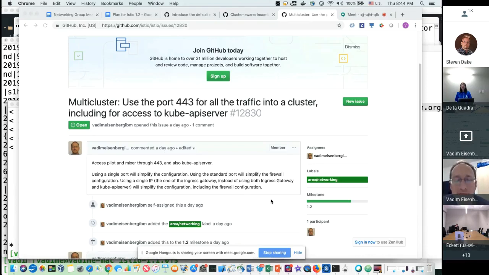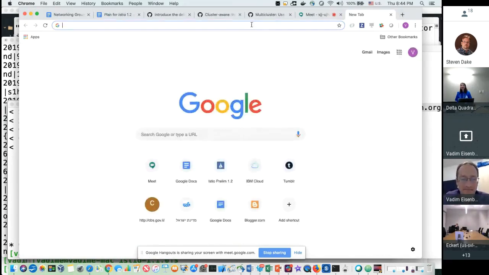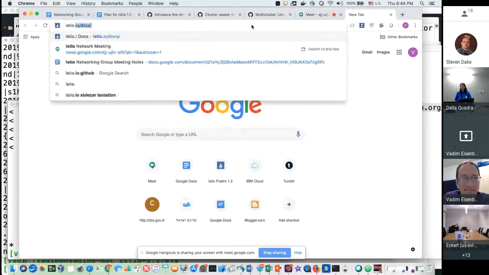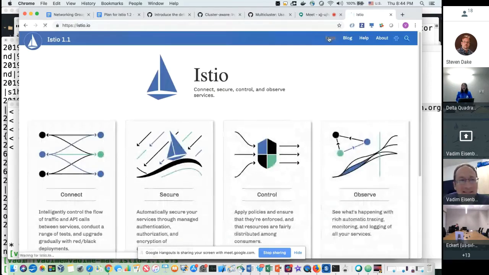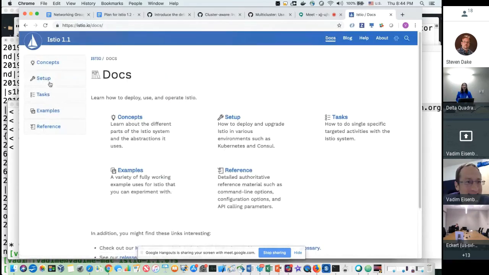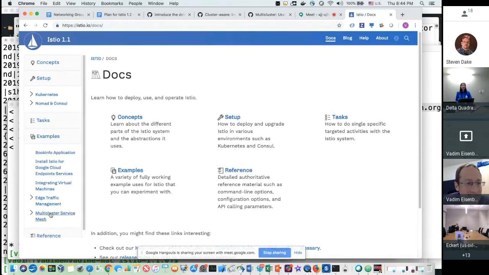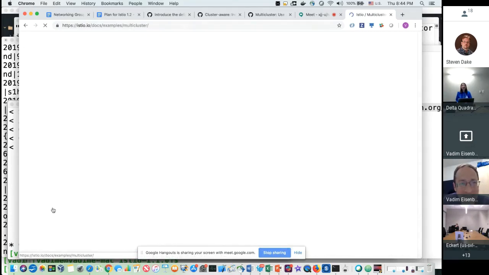Cluster aware by who? By whoever implements the feature. Is this split horizon? Yeah, it's the same as split horizon, but if you look at the documentation, I think it's actually called gateway connectivity. I asked this question on Slack, and I'm not sure exactly when the decision was made to rename it one way or another.